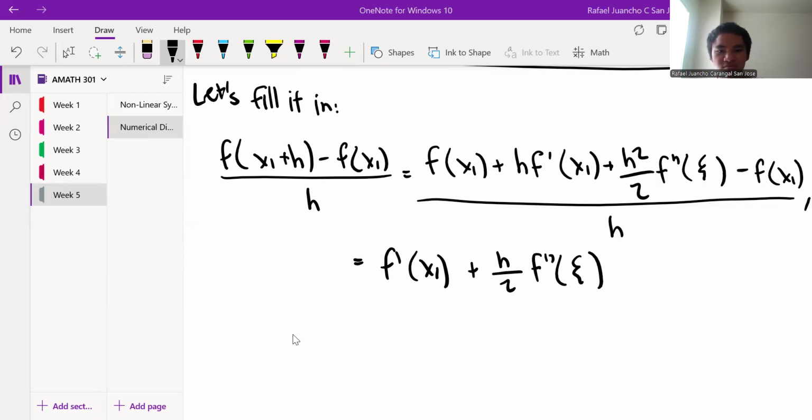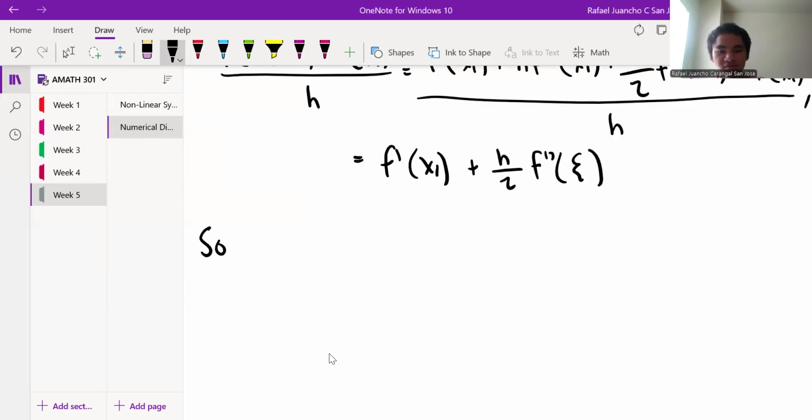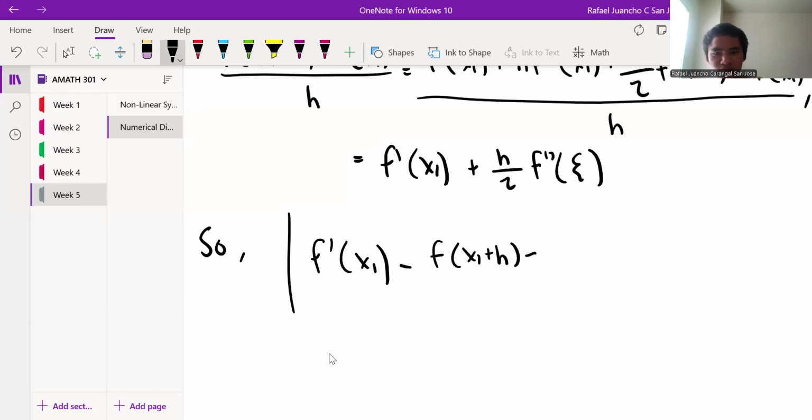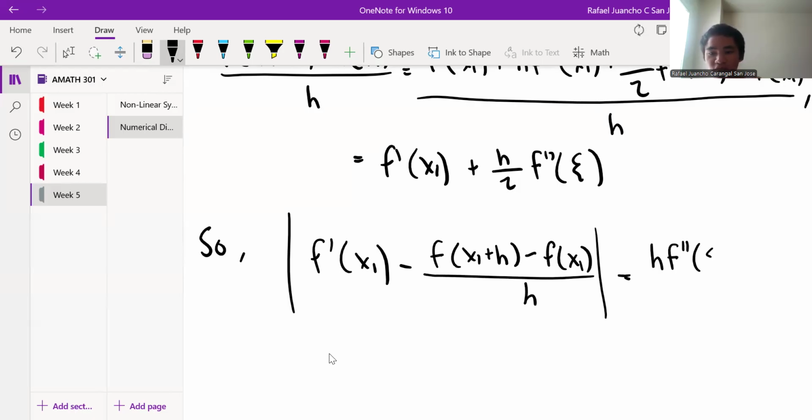And so if we get the norm, or the absolute value, of this thing minus my approximation, well, this is just equal to the error. The one with the error term